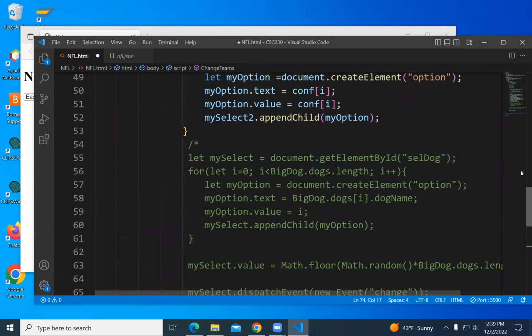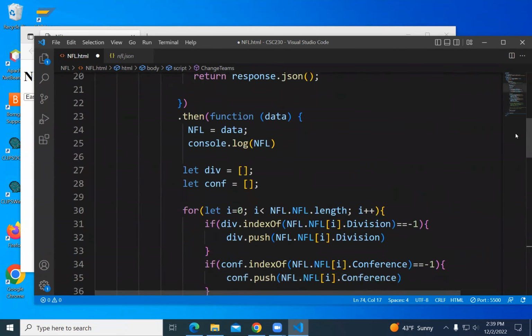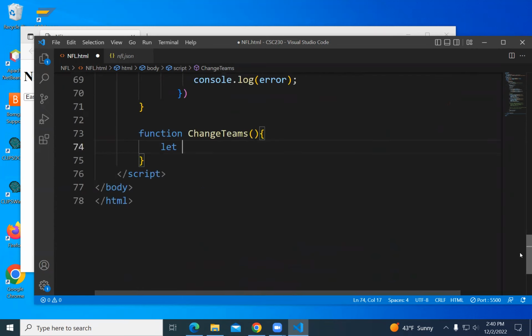I can call my variable div and conf, because this variable here, 27 and 28, which was an array, is local only to the populate function. So I could use those names again, or to distinguish it from what's above, even though the computer doesn't care, we could call it user conference and user division.